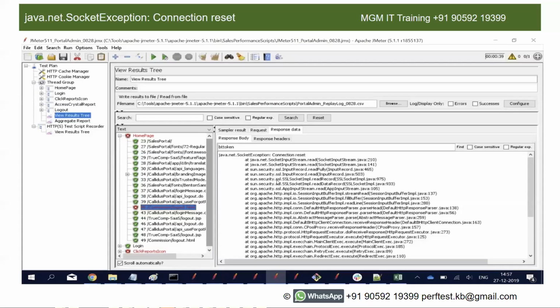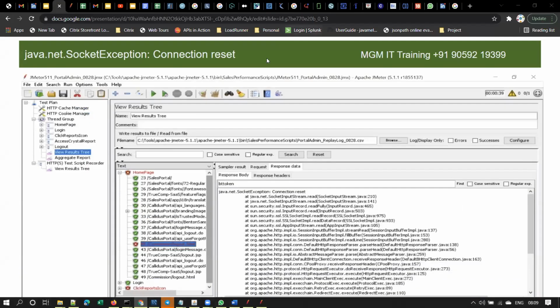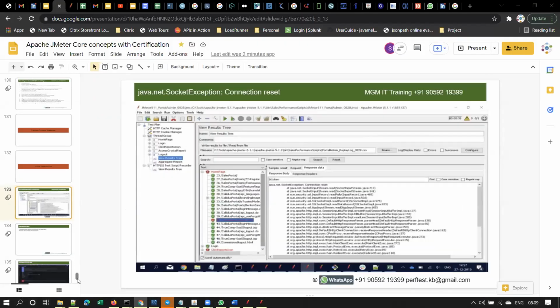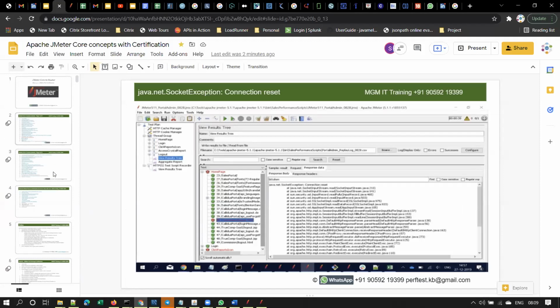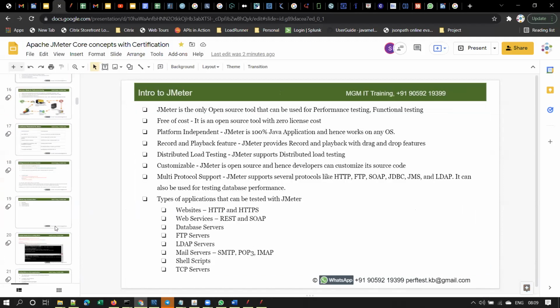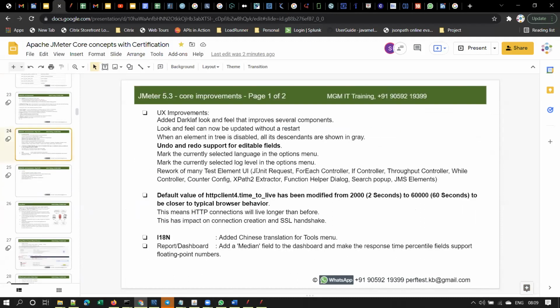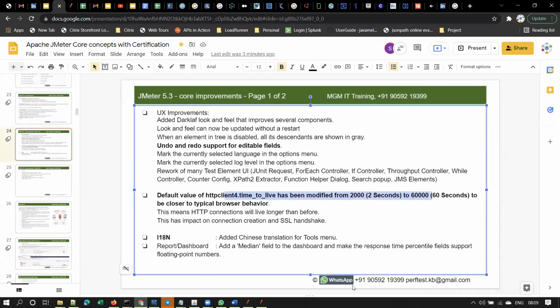We used to get such errors. Observe here, this is JMeter 5.1.1 version. We used to face this issue very frequently with JMeter: connection reset, connection timeout, and so on. Because the HTTP time to live, the connection time, used to be only 2 seconds previously. We used to increase that manually. However, in 5.3 version, they increased the HTTP client time to live from 2 seconds to 60 seconds.